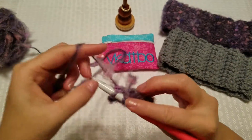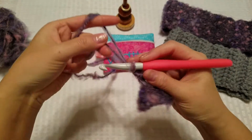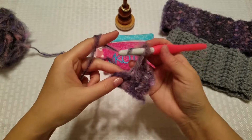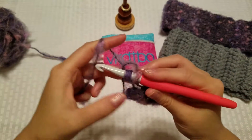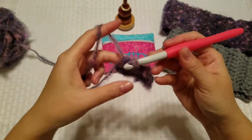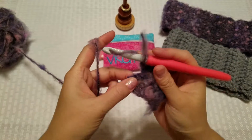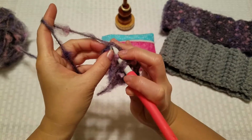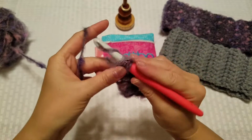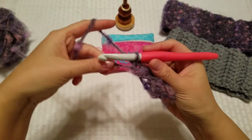Pull through, grab our tail end, pull through, get our tail end out of the way, back loop only, pull through, hide the tail, remove the tail out of the way, and on the last stitch, which is the top of the 3 chains, that's our first stitch, so you just stick it in there, wrap our yarn,